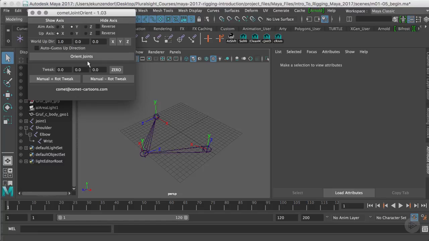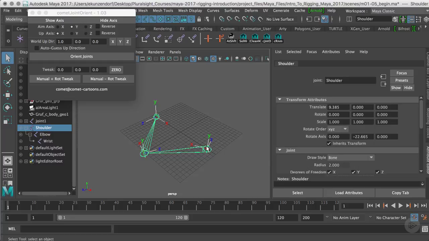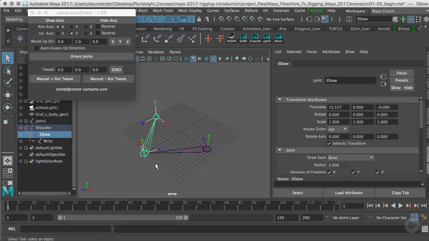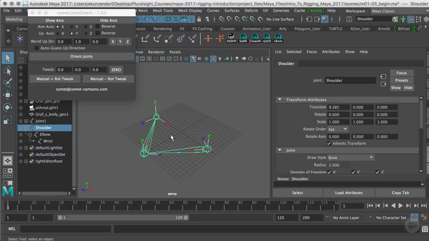Awesome. All right, so just to show you how this works, this is a great script. I know I want my aim axis to be down the x-axis. Some people like to use y, but we're going to use x, and then the up axis is going to be y. I'm going to want the world up direction to be y, and I'm going to punch Orient. There we go. I can do that down here as well. I can also hit my select hierarchy button and do them all at once, including the end